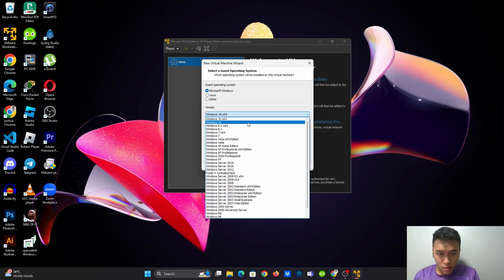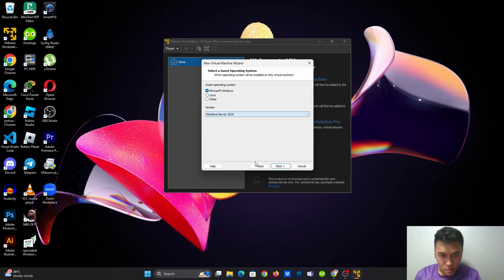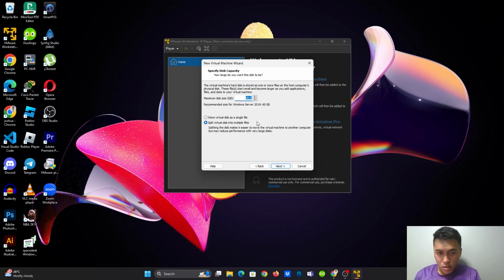So back here, Windows Server, and click the latest Windows Server. In the Windows Server, I will choose Windows Server 2019. Click next. Then this is the location of my virtual machine. Then click next.